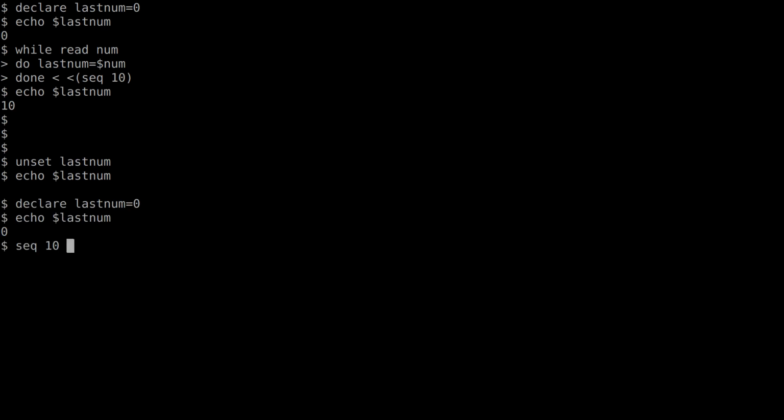seq 10, and then pipe that into, because we want to iterate over this output, right? This seems perfectly sensible and straightforward and readable. While read num, do last num equals num. Done. Cool. And if we echo last num, just like in the previous case, we get, oh,